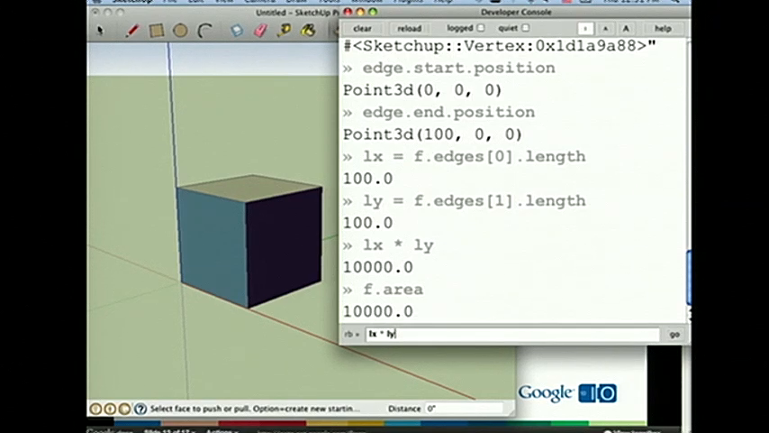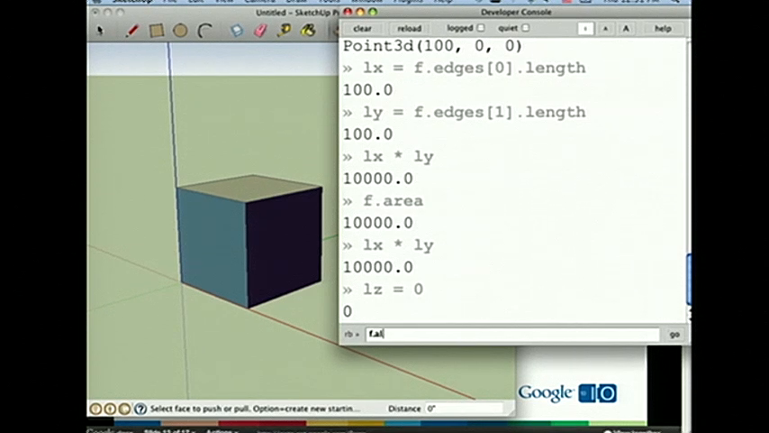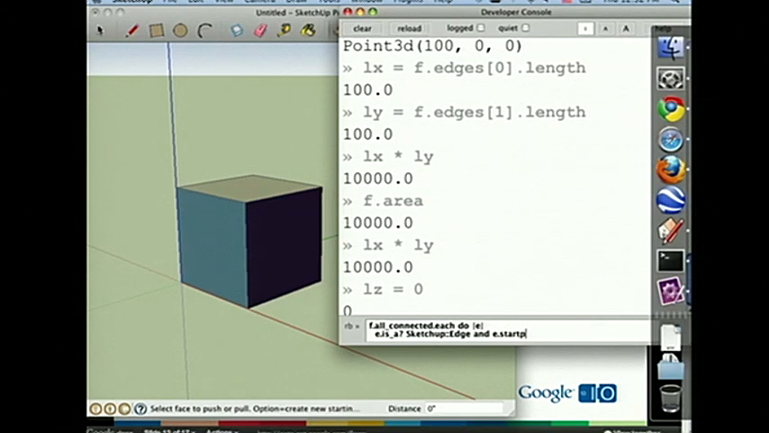Before I do that, what I want to do is define LZ so I can store it in there. So my face, I iterate through all connected, each. I'm going to look for, is this a SketchUp edge? And if so, does the start,